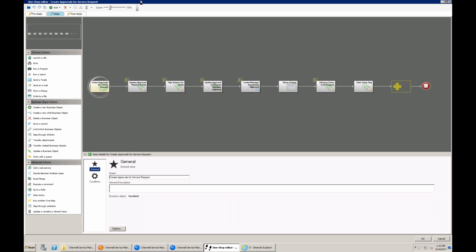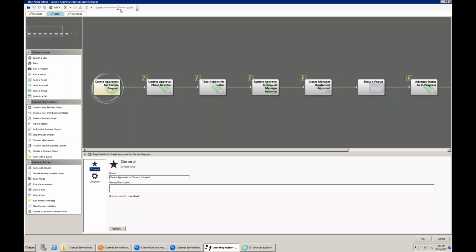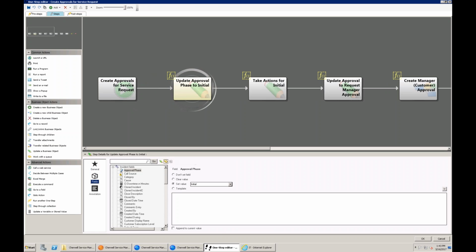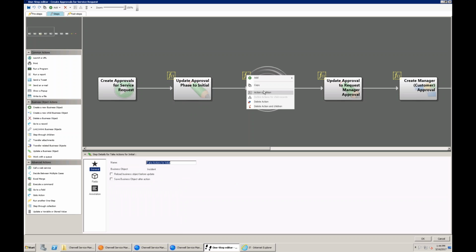So this is just on one line rather than two. Here, if we go in, you can see that we have an approval phase that we set to initial, and we have this temp approval phase set, and we set that to true. Then I don't have this step doing anything at the moment, but if we go look at the conditions for this step,